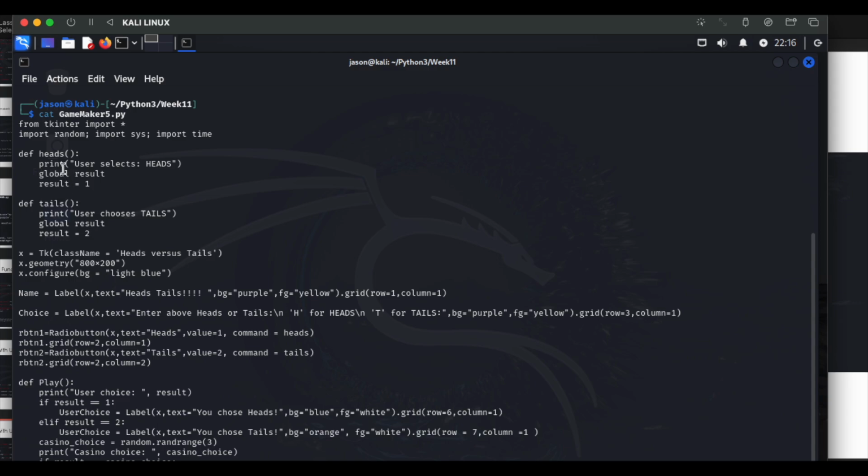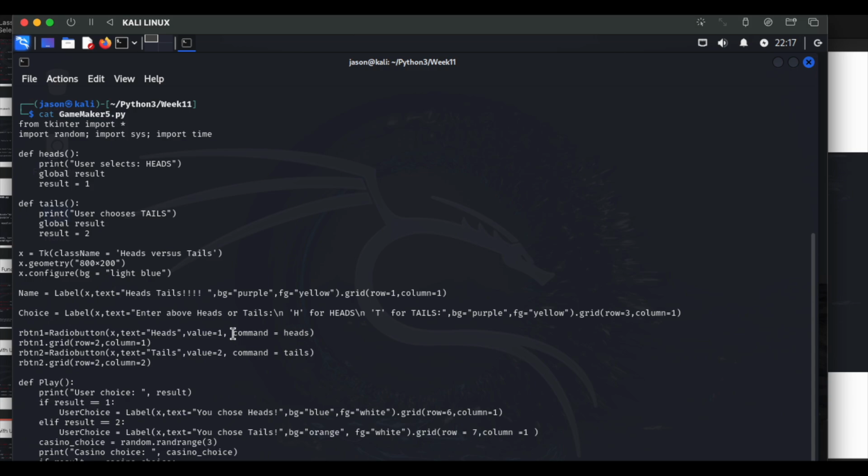Now, these functions are actually called by the radio buttons. This is RBTN1, or radio button 1, and radio button 1 is a variable that calls on the keyword radio button, which is a method name inside of tkinter. So radio button is much like other widgets inside of tkinter, because tkinter uses widgets, and the widget itself is asking for various parameters.